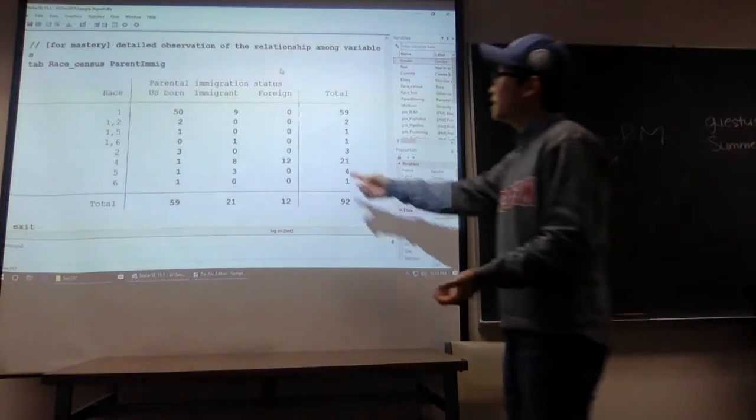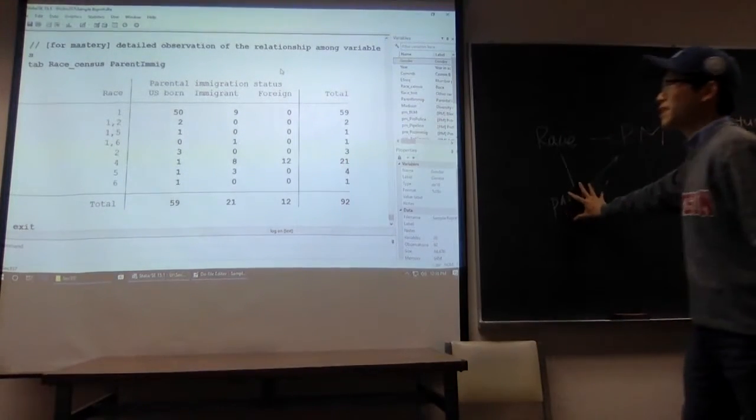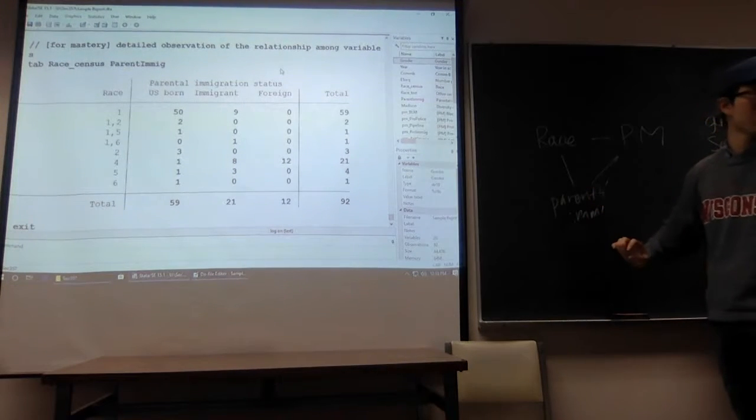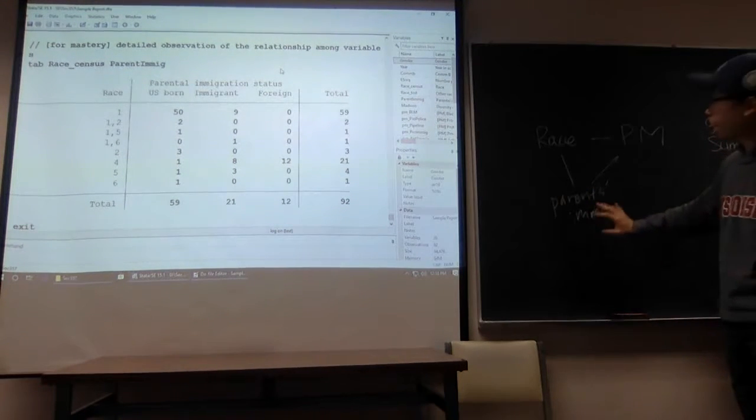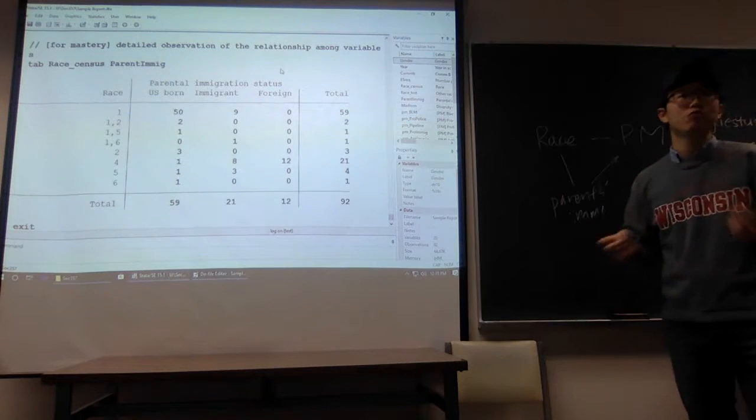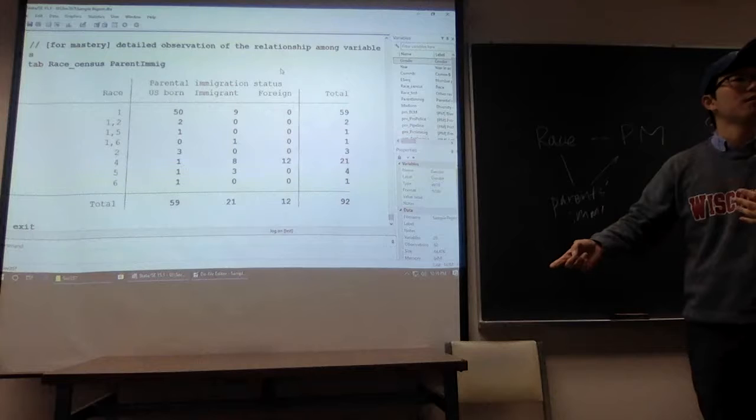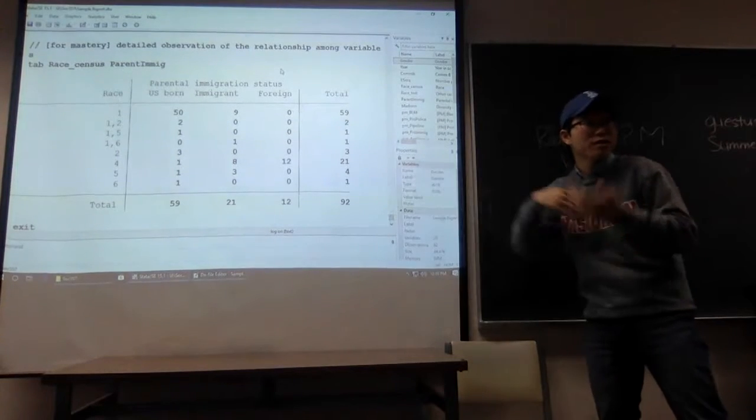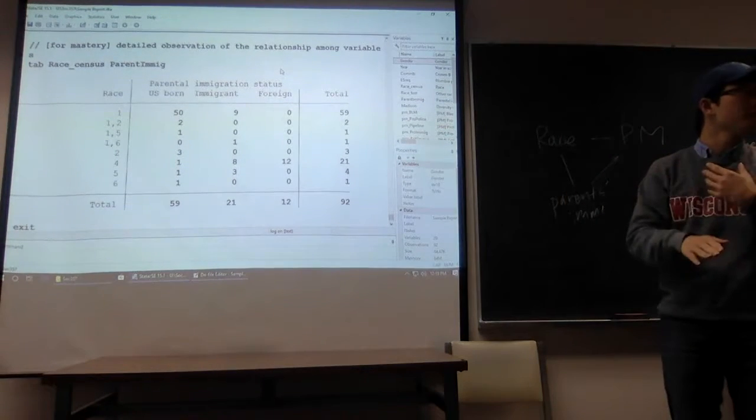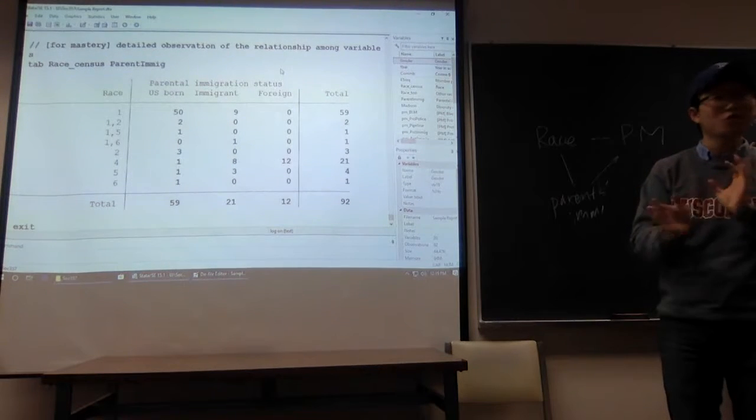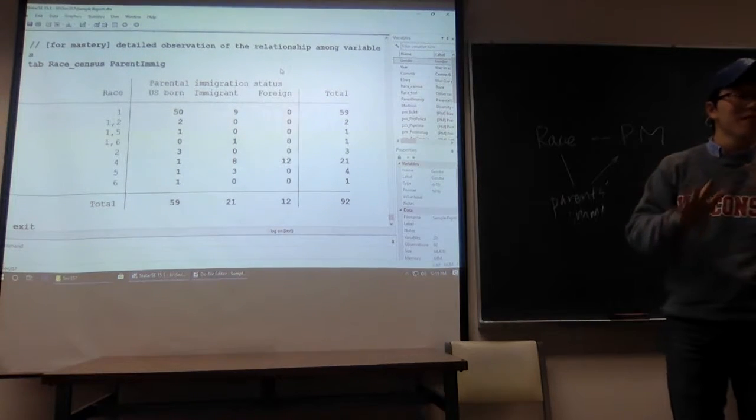So in this case, parental immigrant status is an effect in terms of foreigners versus non-foreigners. The effect can actually be reduced to an Asian effect, right? By looking at this cross table, you can infer that. Does it make sense? Or am I confusing you a little bit? So